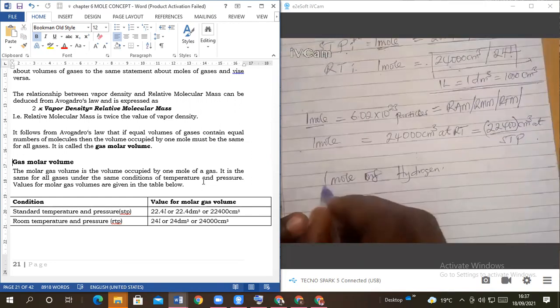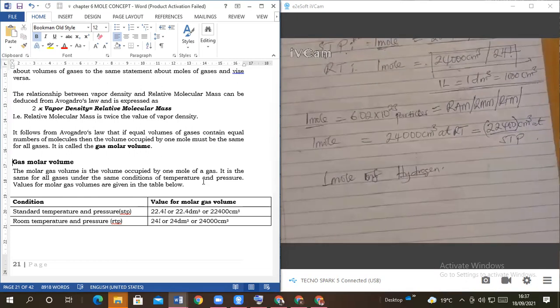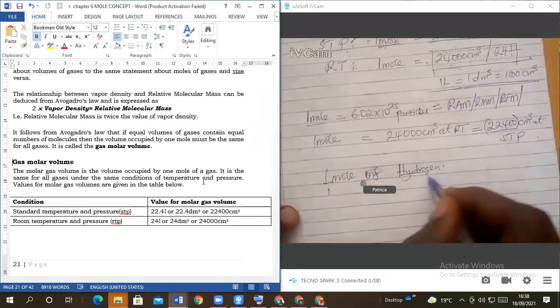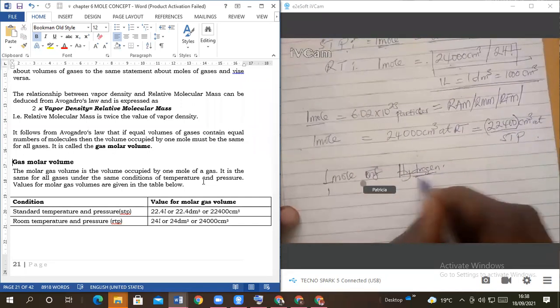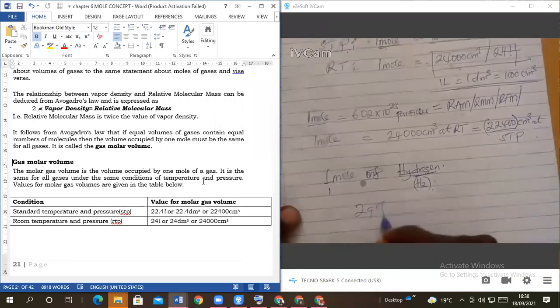So 1 mole of hydrogen is equivalent to what? What is the weight of hydrogen? It is 1. So hydrogen can never be 1. If you are writing hydrogen, it is always in the molecule. So it's H2. So 2 grams of hydrogen